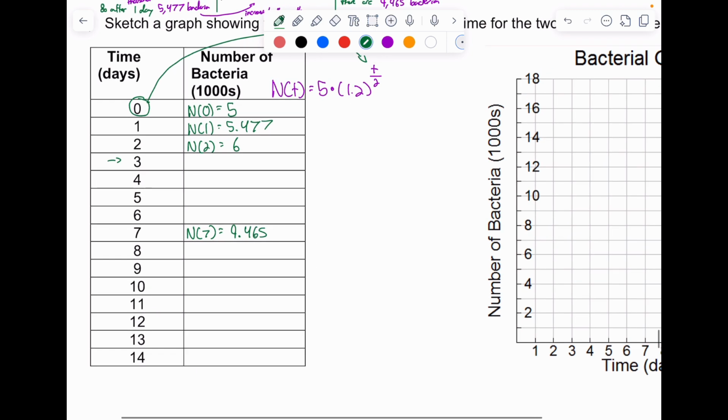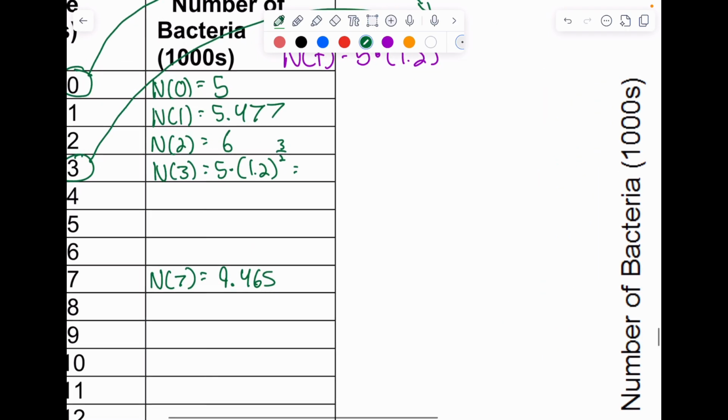So all we are doing, just to fill in these next columns right here, is you're just evaluating n at each of these numbers. So again, you just take 3 in this case, and you substitute it in for that t right there. So this would be 5 times 1.2 to the power of 3 over 2. Use your calculator. 1.2 to the power of 1.5, because that's what 3 divided by 2 is, times that by 5, and in my case, I get